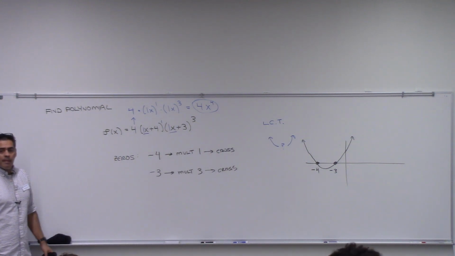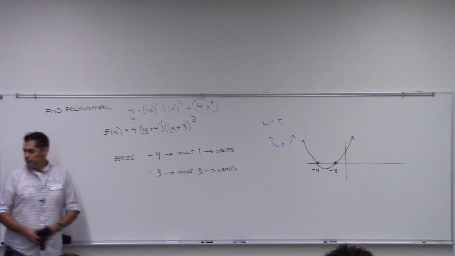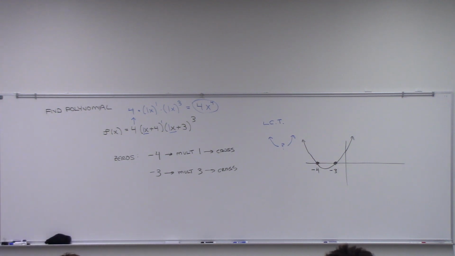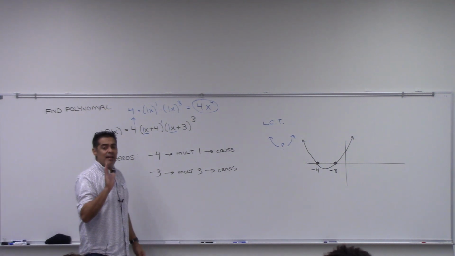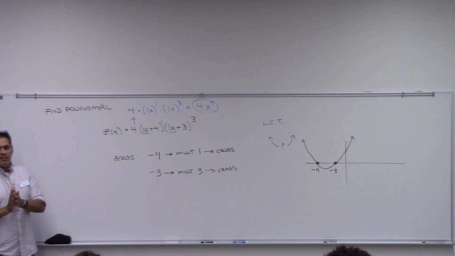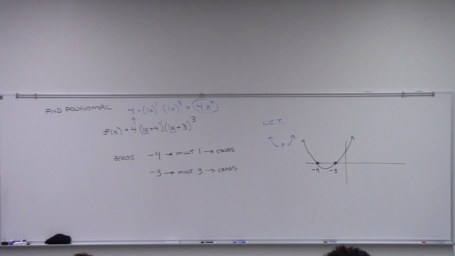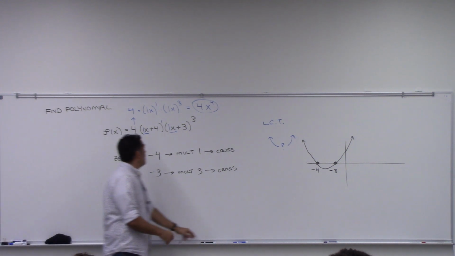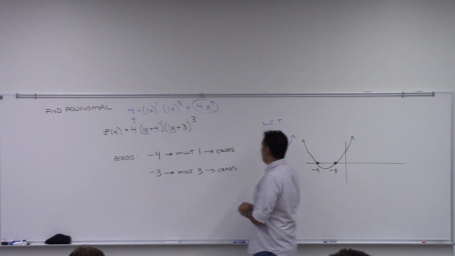Wait, can other functions look like a parabola even if the exponent is raised to a higher number? It would need to be even. Okay, so if it's like 8x to the 8th power, it could kind of look like a parabola. It's not exactly the same, but if you're just looking at the sketch, you may not be able to tell it's not. But a lot of times when you have a 4th degree polynomial,